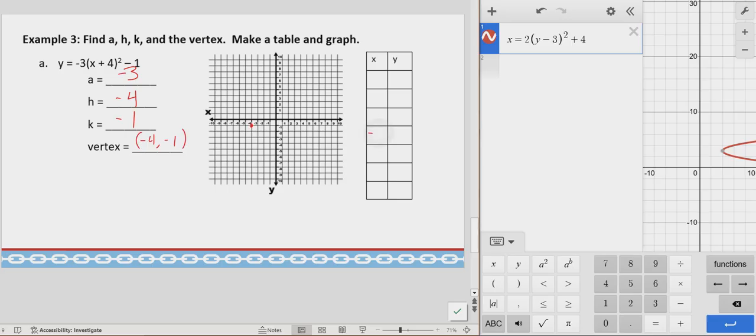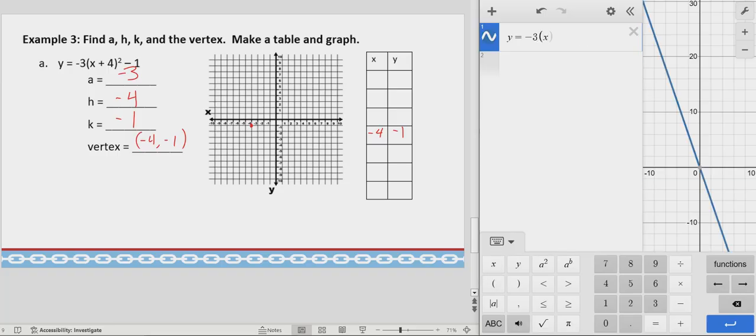There's my vertex. If I want some data for these, it's actually easier to go into the TI-83, but that's going to fail me then in the next example when I'm looking at an x equals equation. So let's type this in real quick. -3 times x plus 4